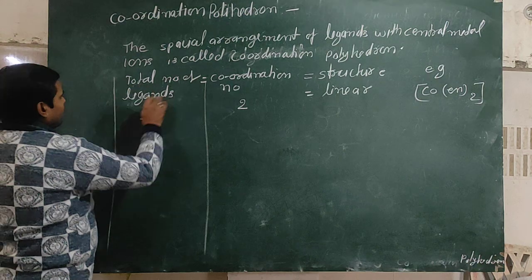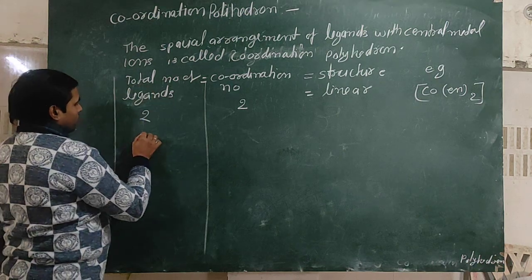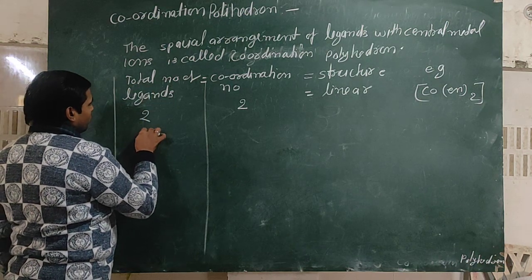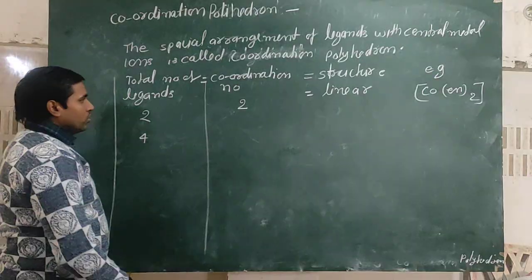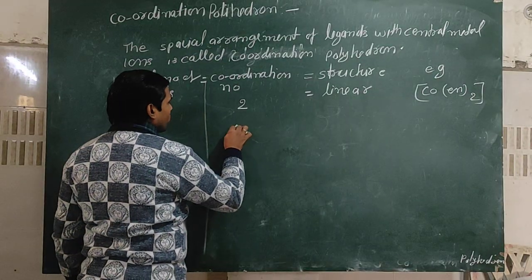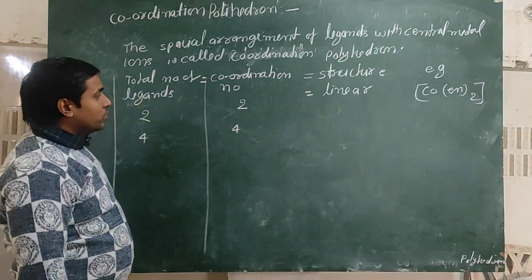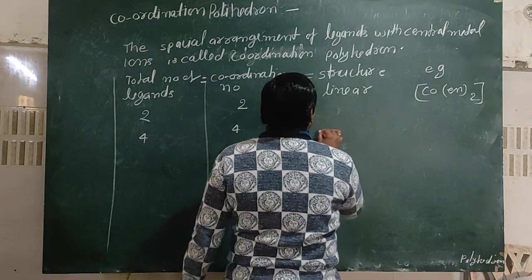Similarly, if the total number of ligands is equal to 4, then coordination number is also equal to 4. But in this situation, complexes may be